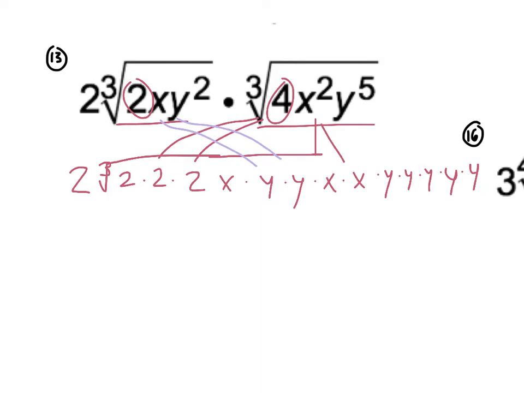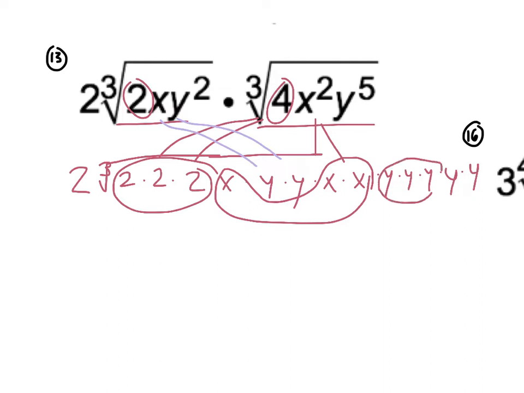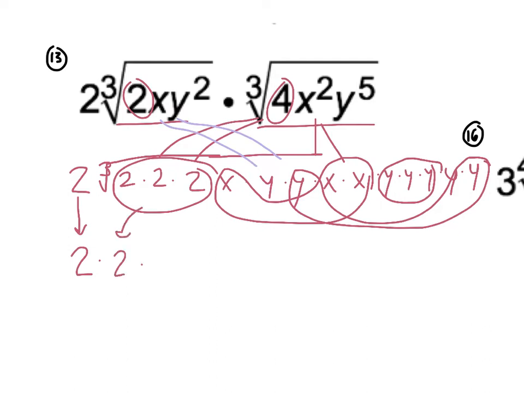So we're going to circle groups of 3 because our index is 3. So we're going to circle all 3 2's. We are going to circle 3 x's. So we have 3 x's right there. And then groups of 3 for the y's. So we have 3 y's. And then we have 2 y's there and 1 there that we need in our circle. So we're going to take everything we circled out. We already have a 2 on the outside that we just keep on the outside. Now we bring the other 2 out also. We bring our x out. And we have 2 groups of y's, so we have 2 y's on the outside. And then on the inside,